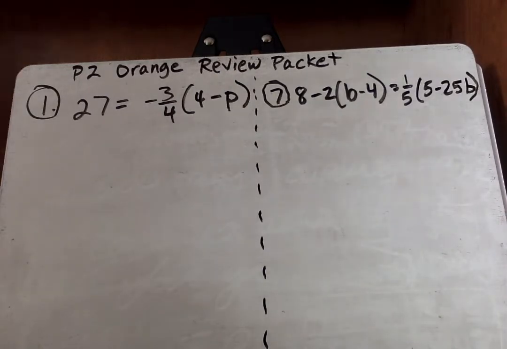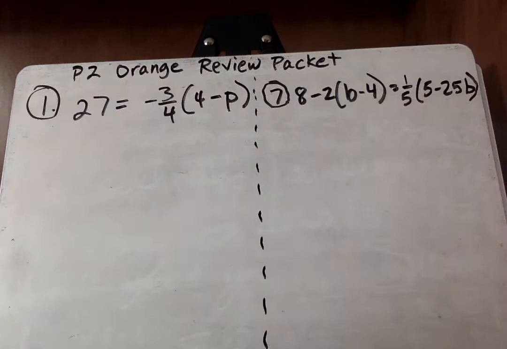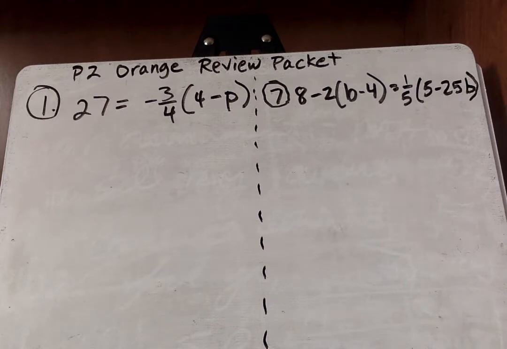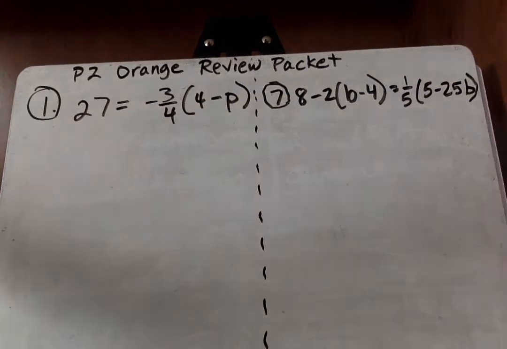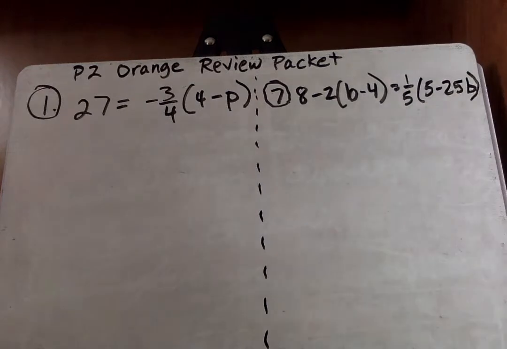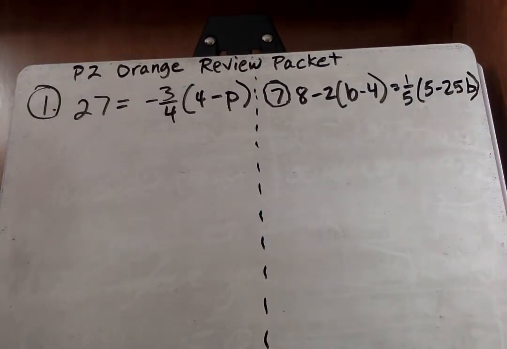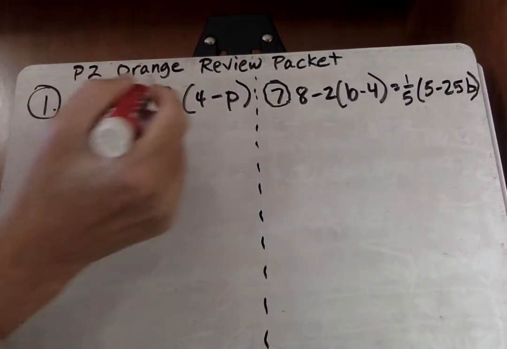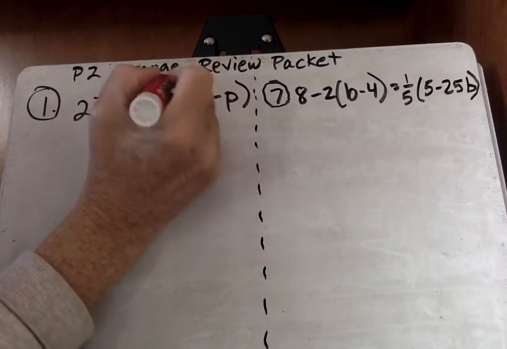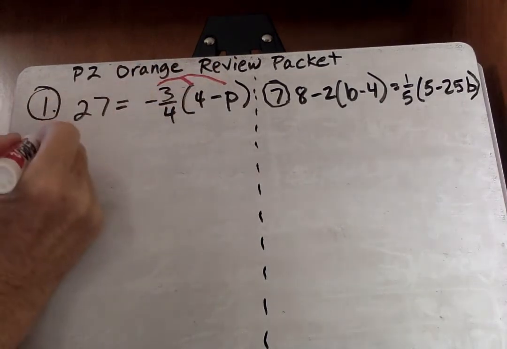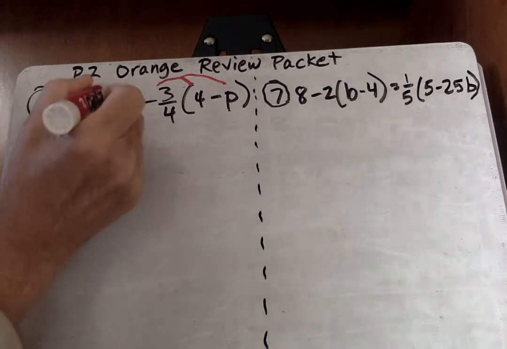So, the first problem I'm going to do is number 1, where 27 equals negative 3/4 times the parentheses 4 minus p. So the first thing we want to do is take care of the parentheses. So we're going to just use the distributive property, and we're going to get 27 equals,